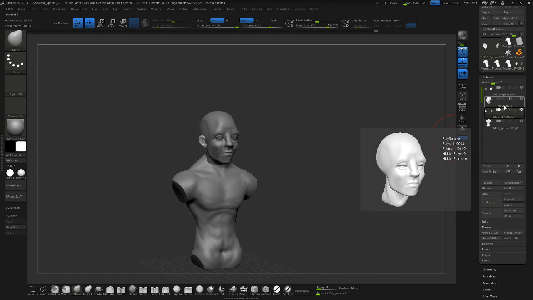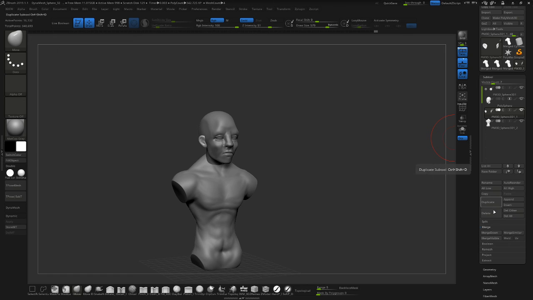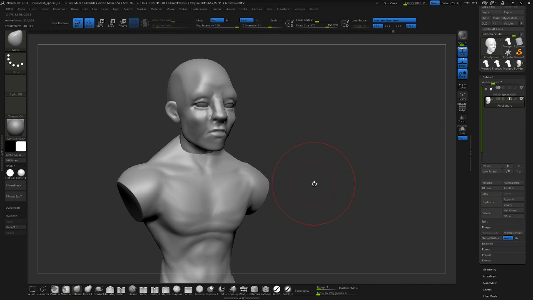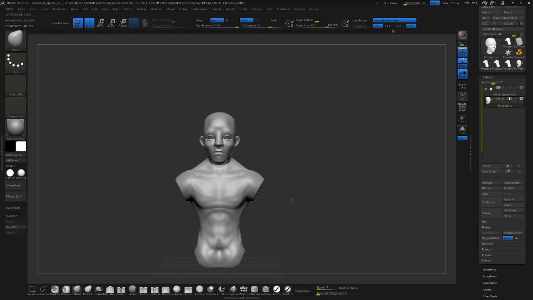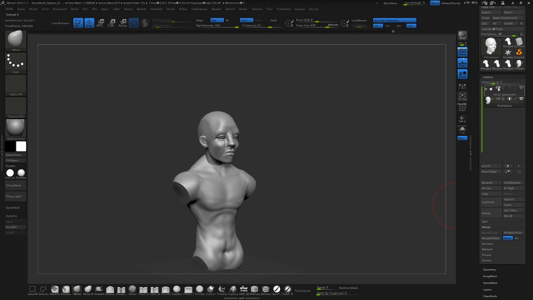From here, you just merge down. The head to the body, merge down. Now all this is one piece. This is the tricky part. When you're happy and everything looks cool,